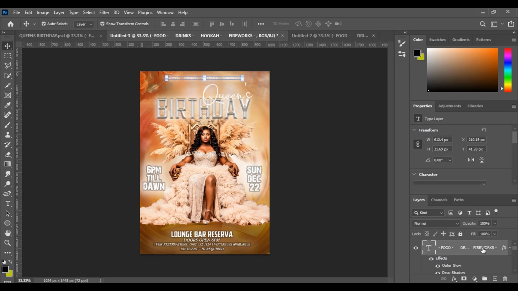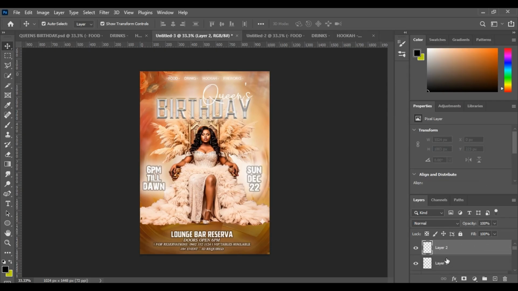So what we want to do is to click on the uppermost layer, which is the food and the drinks, and we create 2 more layers. The first layer is going to take the shadow for the left, the other layer is going to take the shadow for the right. Okay, so after this, you click on the first layer and then you go to your brush. After you selected your brush, make sure the foreground color is set to black, and then you select your